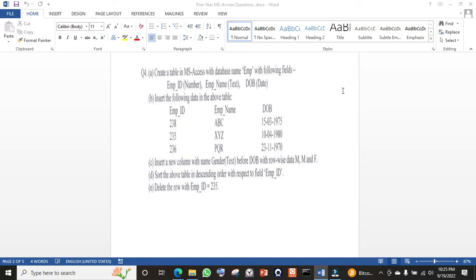और एम्प्लॉय आईडी का जो डेटा टाइप रहेगा, मतलब किस तरह का डेटा रहेगा एम्प्लॉय आईडी में, वो दैट विल बी नंबर. एम्प्लॉय नेम विल बी टेक्स्ट and date of birth will be date. Now once you have created the table,